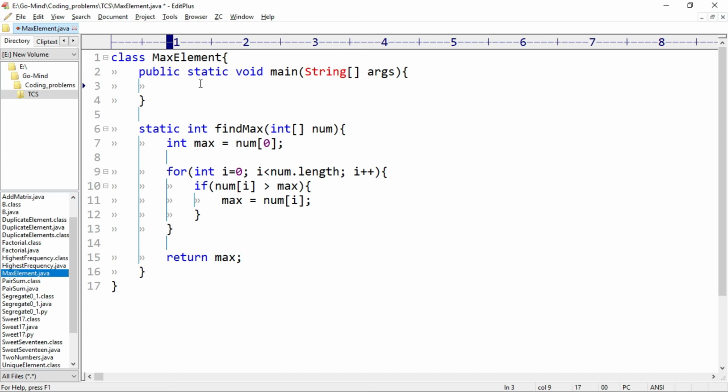So first of all we have to take the number of elements of the array. So we'll use the Scanner class to take the input.